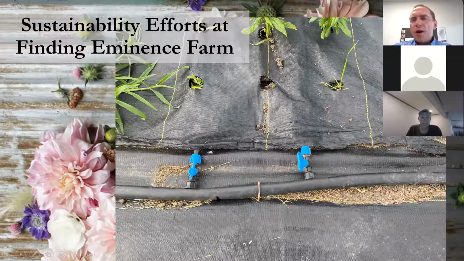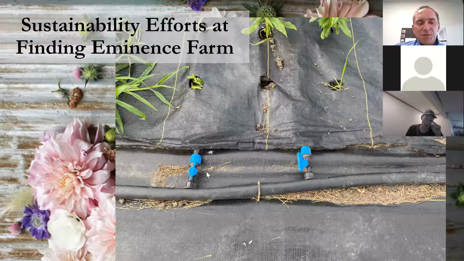We also think a lot about water conservation. Around here where I'm at in central Illinois, we don't see a whole lot of people irrigating their fields for vegetable production, though typically you pretty much have to. That's a pretty important thing to do. So what we do to try to conserve water as much as we can is we use a drip irrigation system. And so the idea is that this is our main water line coming from our hydrant,